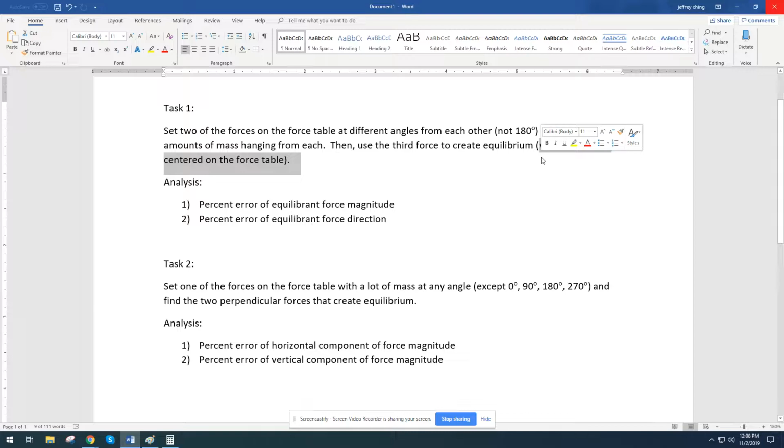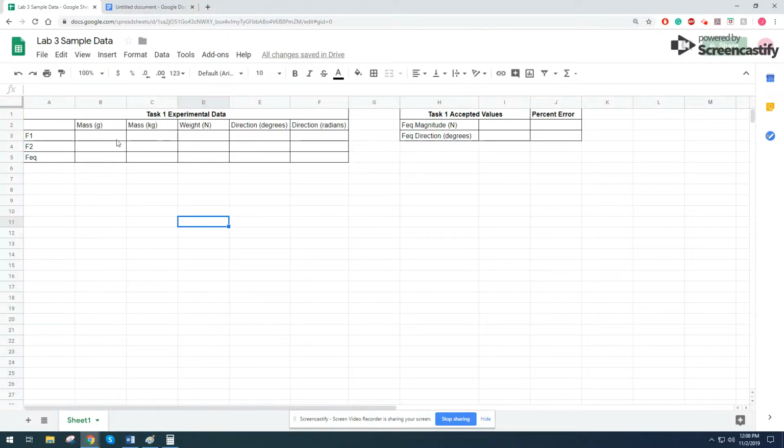forces are canceled out. And so for analysis, we want to find percent error of the equilibrium force, the magnitude, so how much weight it is in newtons, and also the direction in degrees, right? So let's say this is my sample data, right? I'm making this up. Your data is obviously not going to be exactly mine because you had a lot of